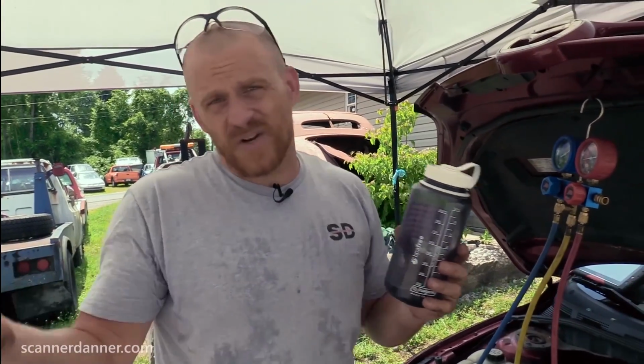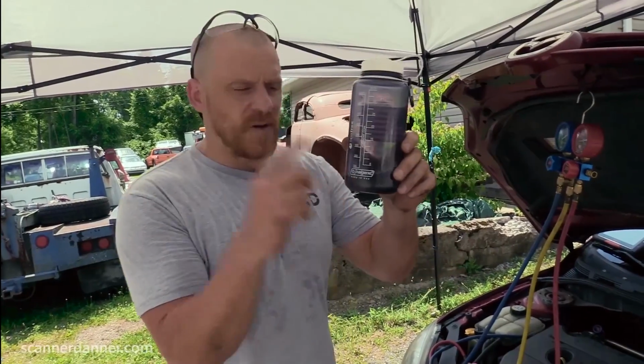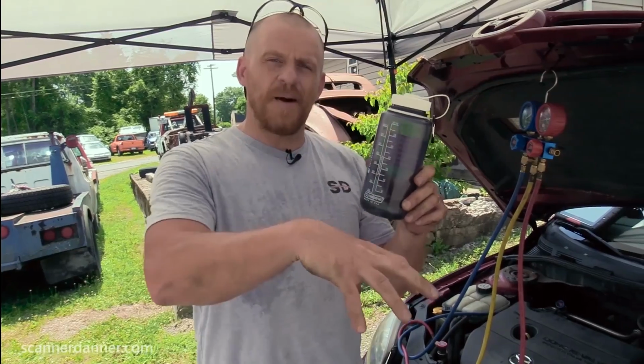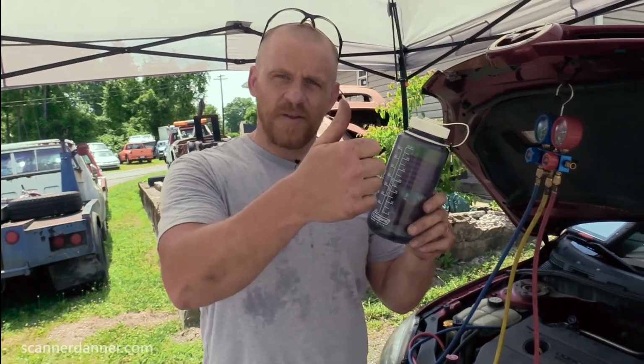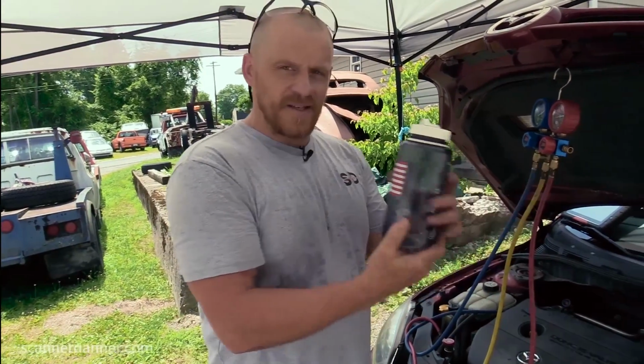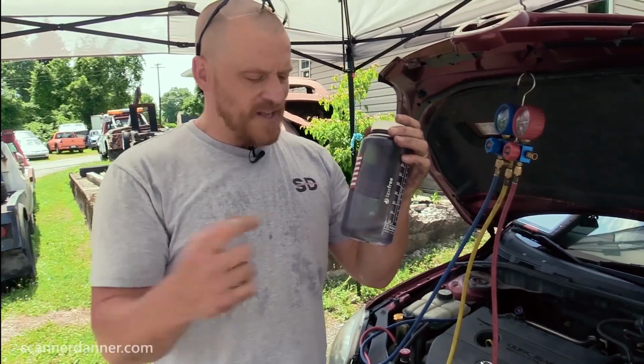Minus 20, minus 30 degrees Fahrenheit, whatever butane is. How can you have liquid? The answer is pressure over top. When we create pressure over top of a liquid, we increase its boiling point. So what happens in a sealed chamber like this container: you pull this out into a warmer environment, that liquid